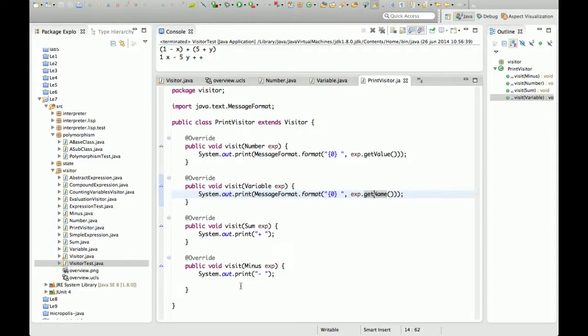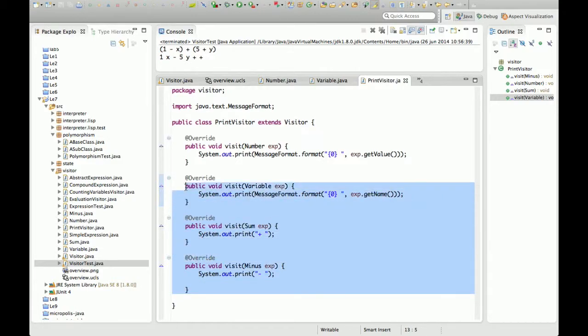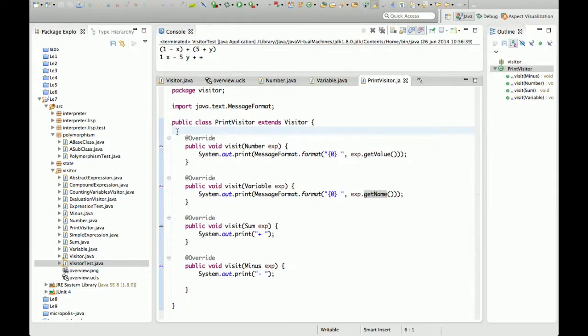But all nodes are visited by this expression calling the appropriate visit methods here. But the way in which compound expressions choose to call these methods and recursively call accept methods of operands is not defined by this visitor. So this visitor doesn't know when this visit method is called,